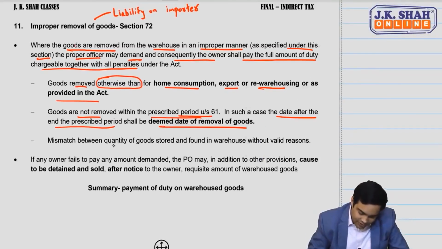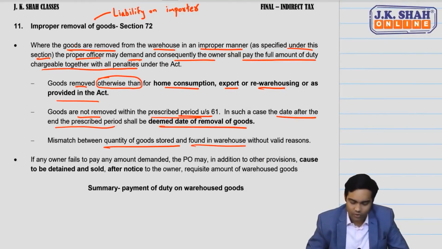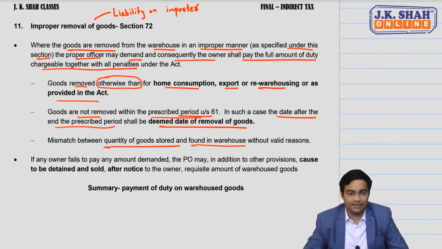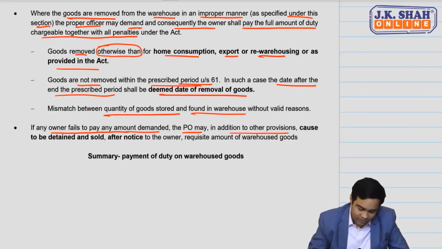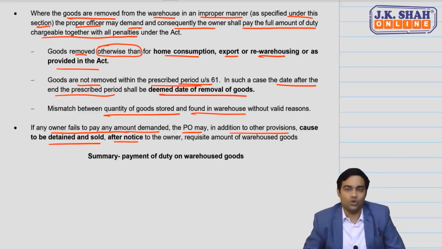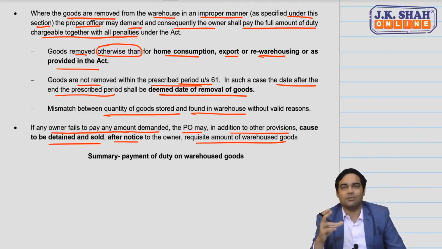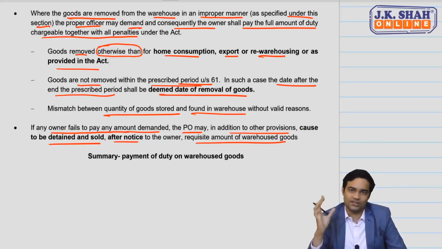Mismatch between quantity of goods stored and found in the warehouse without valid reasons. If any owner fails to pay any amount demanded, the PO may, in addition to these provisions, cause to detain and sell the goods after giving notice, for the requisite amount of warehoused goods. Obviously, the PO has the power to recover this amount. They can sell part of the warehoused goods after giving notice to the owner of the goods. Now,